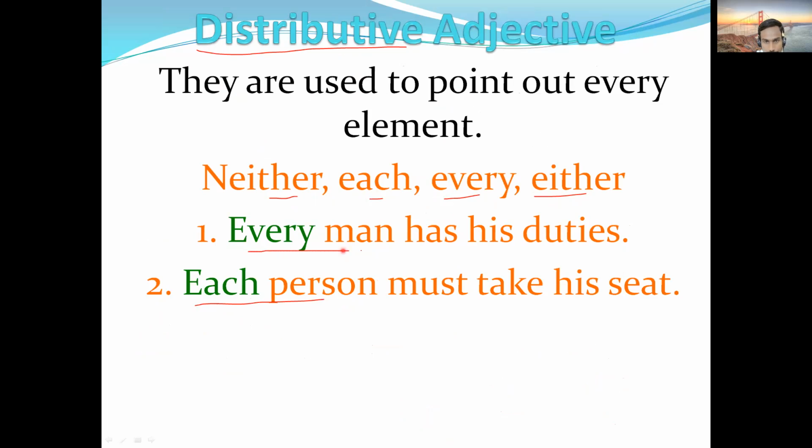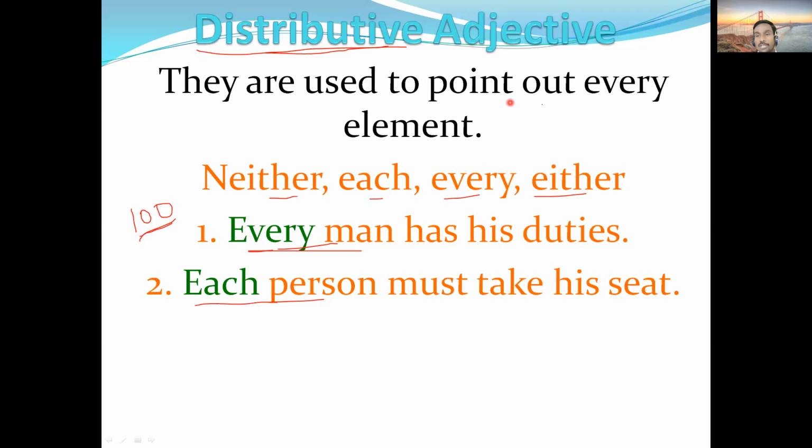from this we can try to understand: each man has his duties. So what do you understand from each man? याच्यातून काय अर्थ लक्षात येतो? When we refer to each man, it refers to everyone, in fact all. So instead of all we are using every man. So suppose there are 100 people. Okay, so when I say each man or every man, it refers to all 100. So therefore it is distributive. Why is it distributive? Because it is distributing to everyone, each and every. Okay, so therefore it is a distributive adjective.